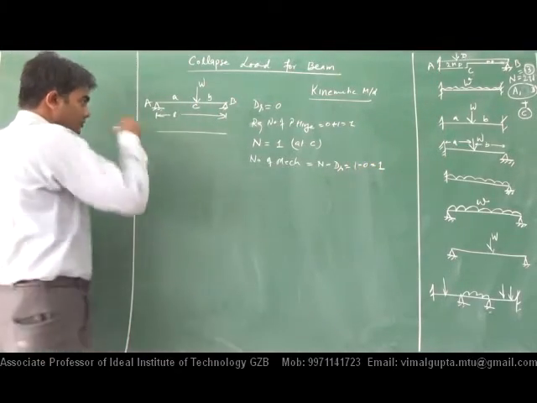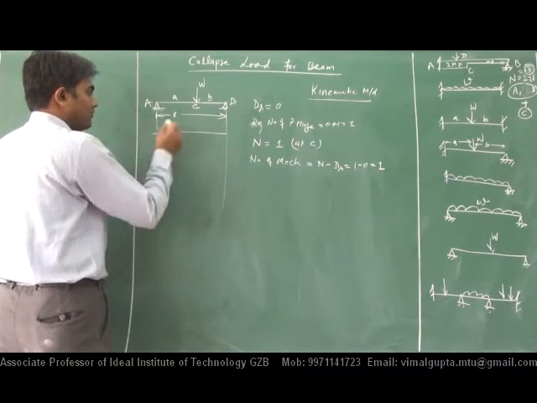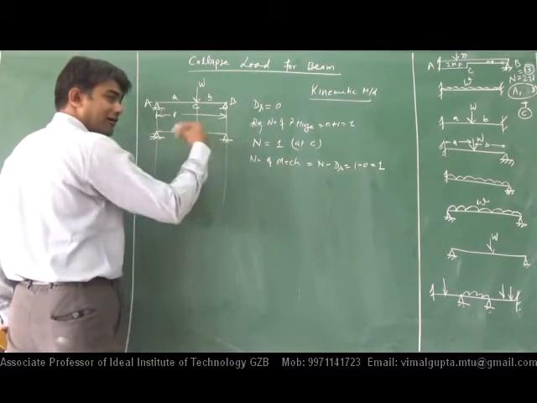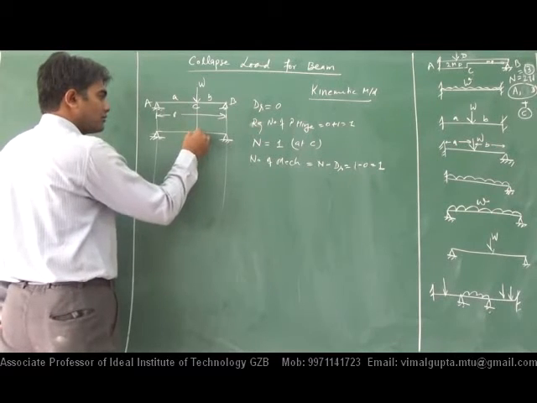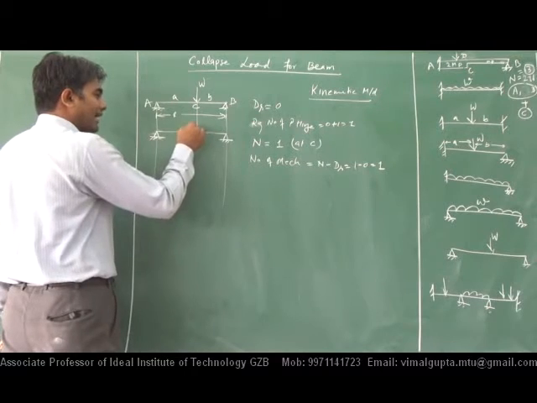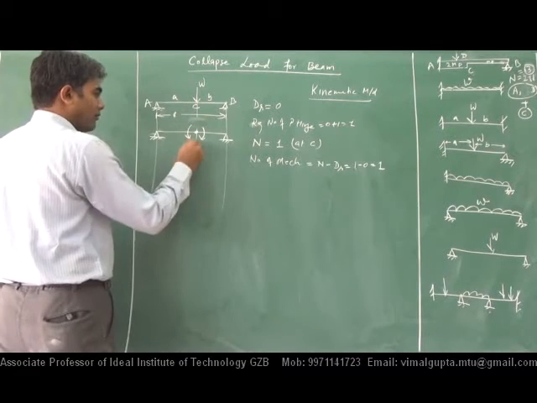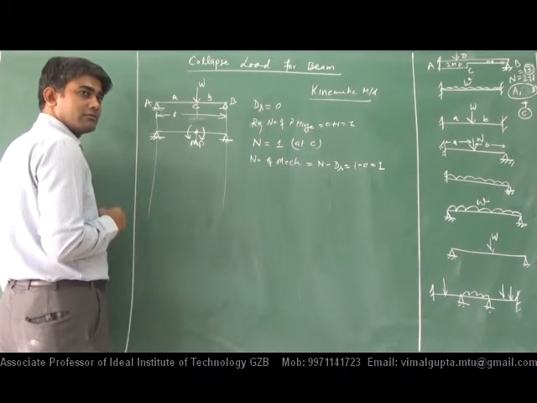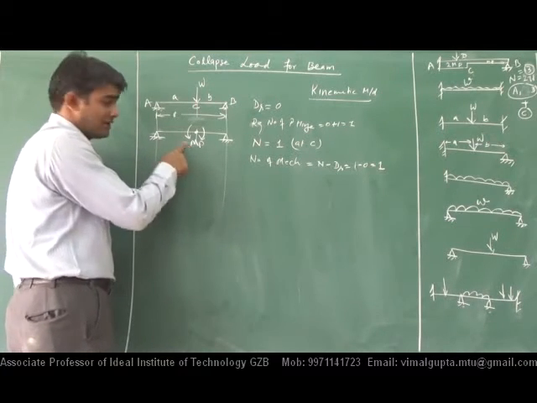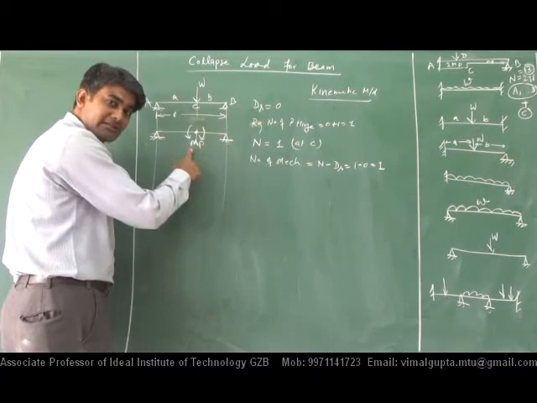The plastic hinge at point A is a hinge previously, so no need. At point C the plastic hinge will form and its direction will be this, and that bending moment will be MP. Because there is a bending moment MP, the plastic moment of resistance, that's why it is a plastic hinge. These two are not plastic hinges; these two are the normal hinges. This is the plastic hinge.